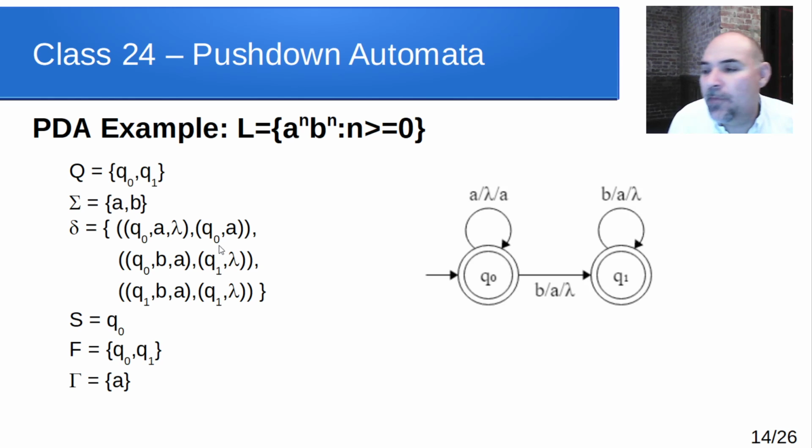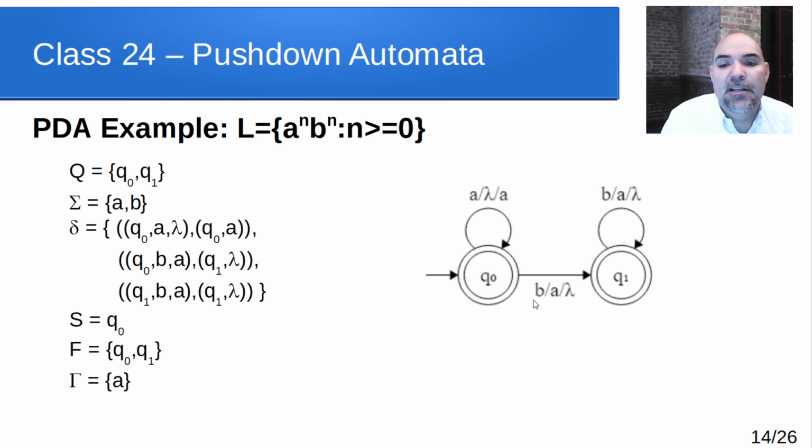So here's what the graph of that looks like. We've got starting in Q0, both of them are final. We loop back to this from A on lambda, we push an A. So in other words here, anytime I see an A, I don't care what's on the stack, I just push an A on top of whatever was on the stack originally. Again, this does not mean the stack has to be empty. This means we don't care about what's on the stack. So in other words, I get an A, I shove an A on the stack.